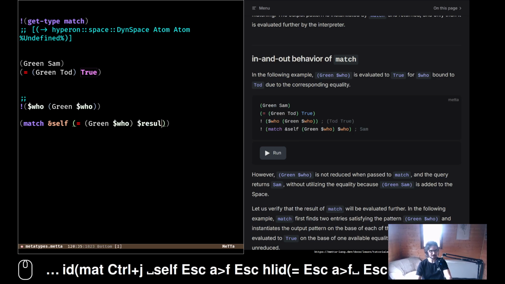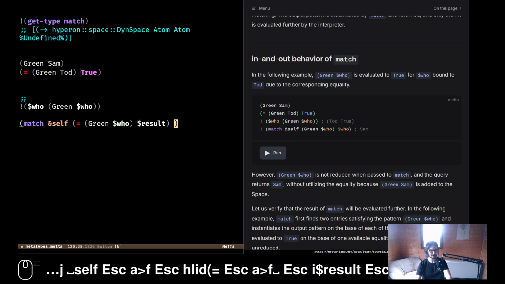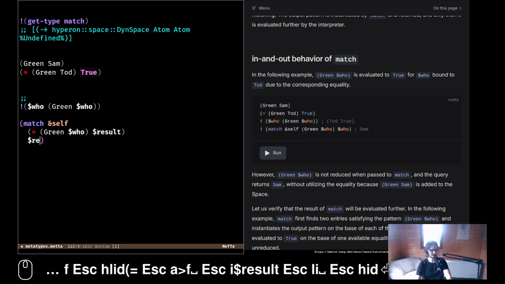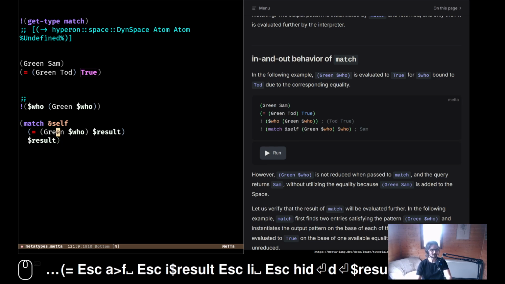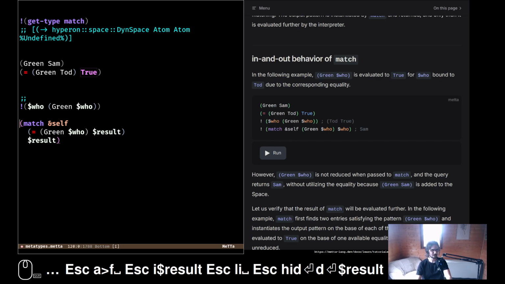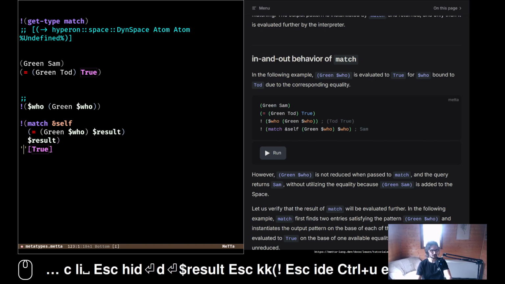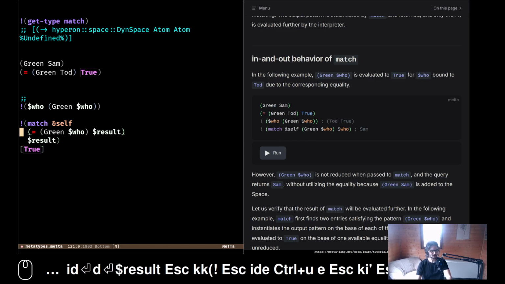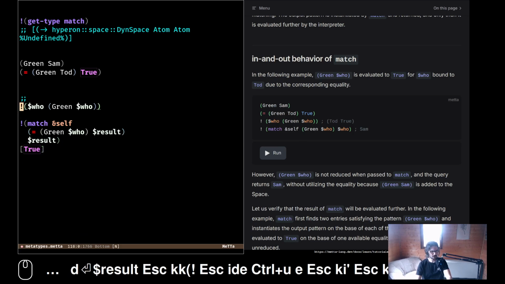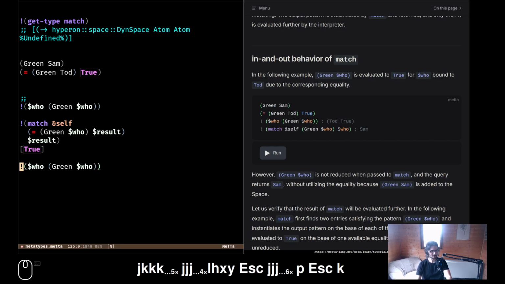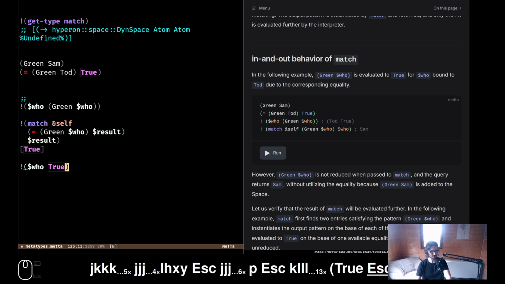Where it basically says, is there any equal sign expression in the atom space with this argument here? And that says true. Yes. So this is the first argument to the function here. So it comes out to this.